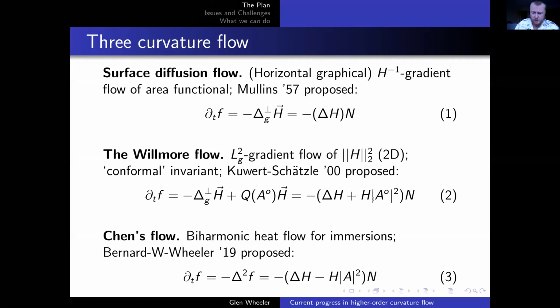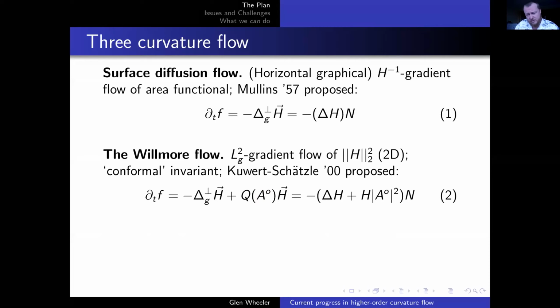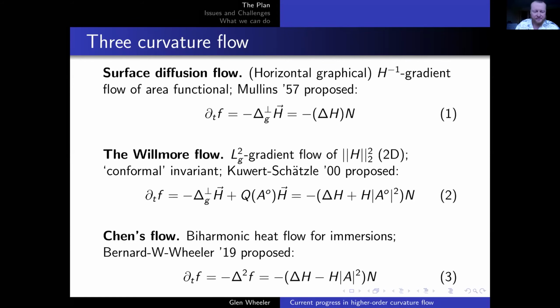Okay, so what can you tell about this? It looks quite similar to surface diffusion flow, except for this cubic nonlinearity term, which ends up making a lot of difference. And in 2D, I will just say that it's critical in the Sobolev scale. That'll become important later. Okay, now the third one, which is my little bit of advertising, is this Chen's flow,